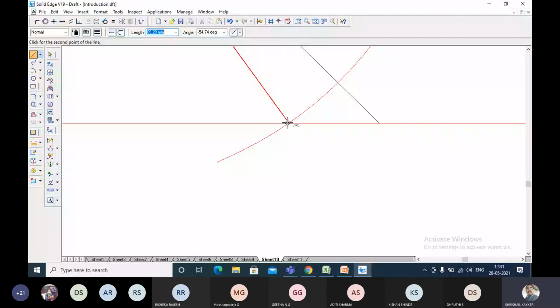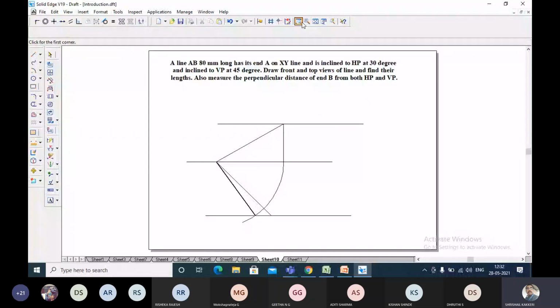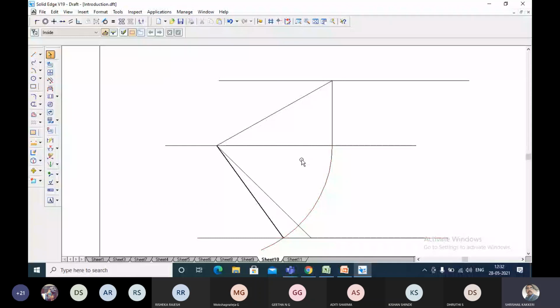And similarly, you take a straight line from the other end of the line. Instead of taking, I'm going to copy the line and project up to here. I project it up to here.